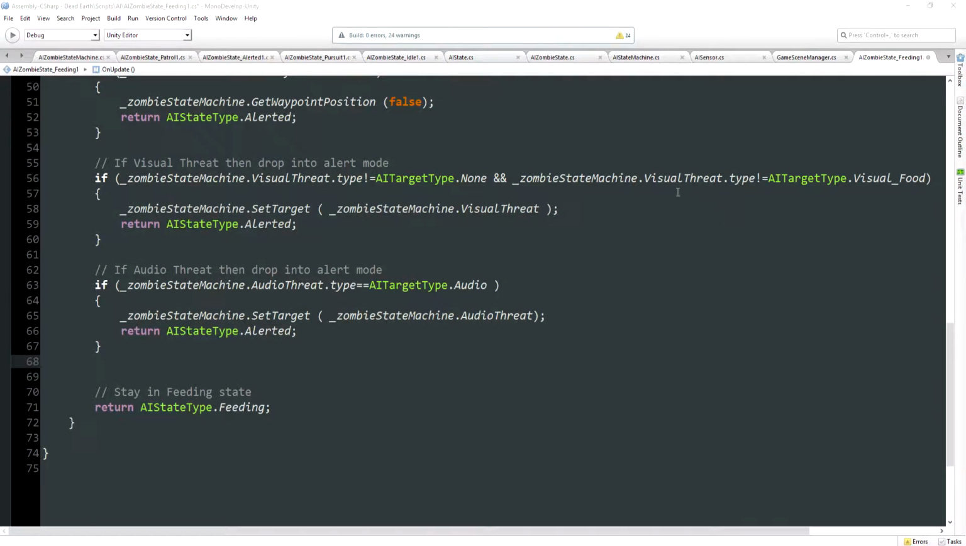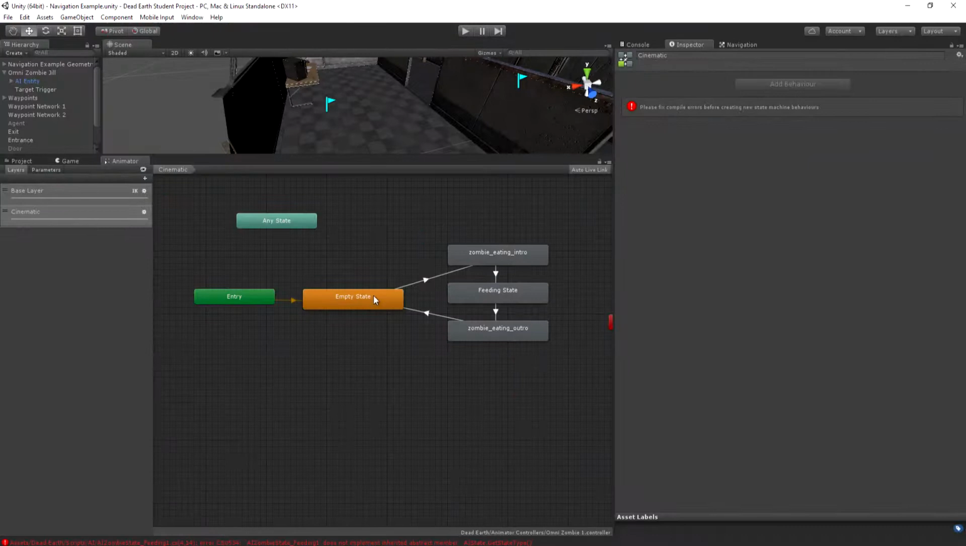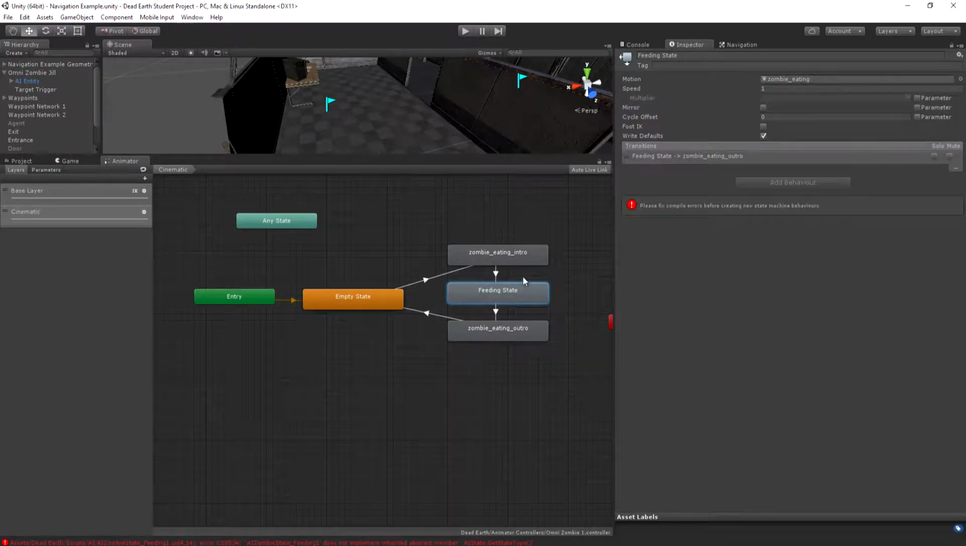the next thing we want to do is check if our cinematic layer is currently playing our feeding state animation, and if it is, then we want to start incrementing the satisfaction factor. We want our zombie to replenish. So in order to do that, we're going to use a function of the animator called